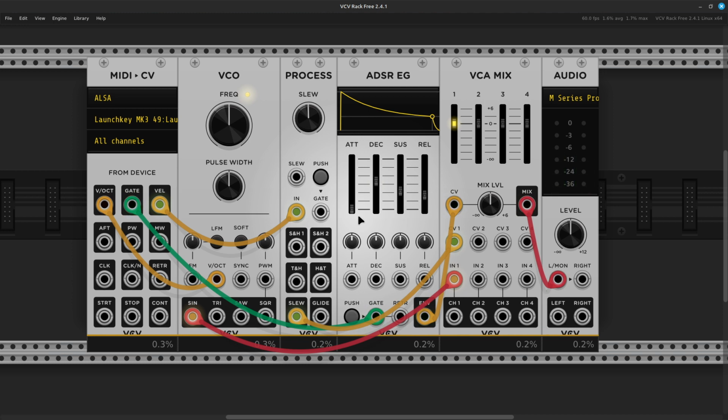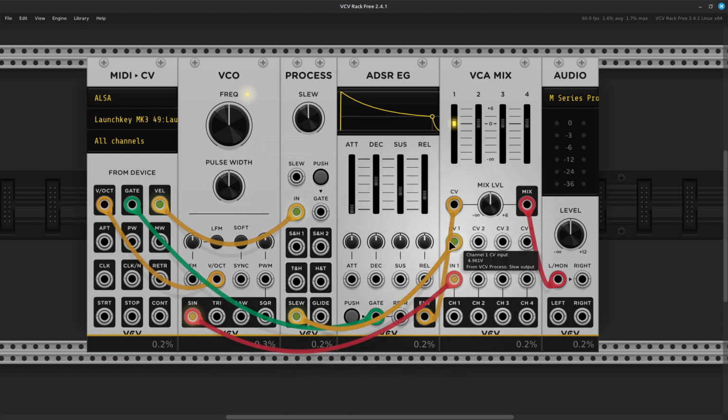Okay, so since we're doing bell tones, I took out the sustain because the decay portion will adjust as we go along to judge how long the tone takes before it dies off and basically rings out, so to speak. Okay, we have velocity hooked up from here into process, where it comes out slew